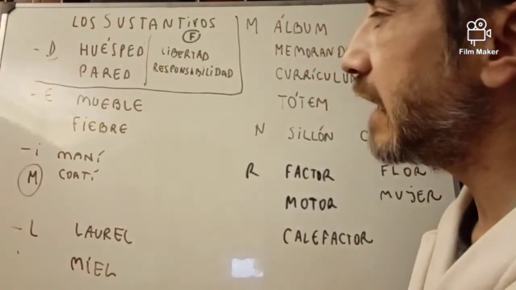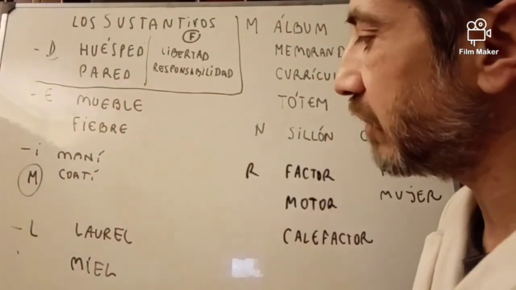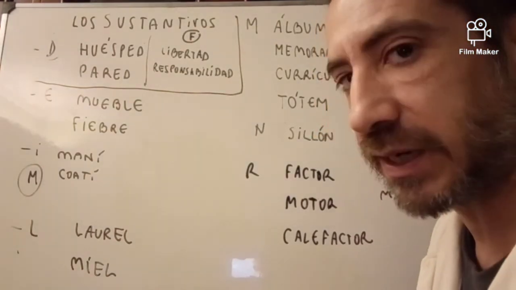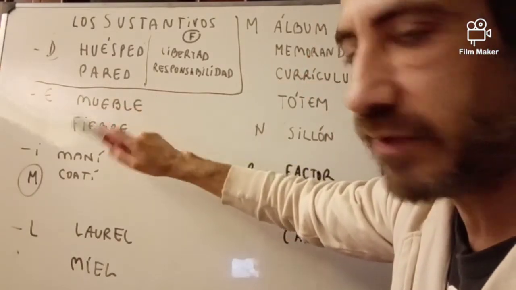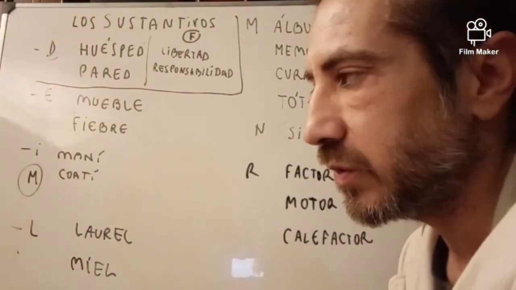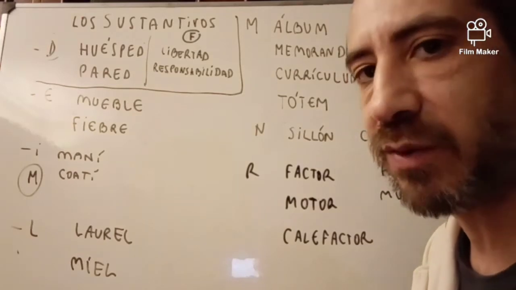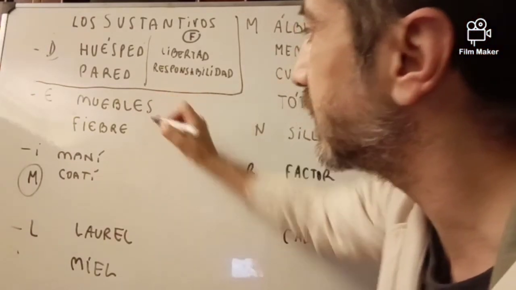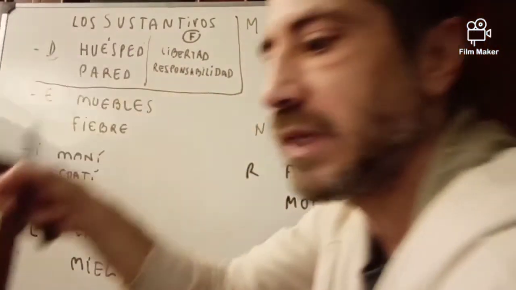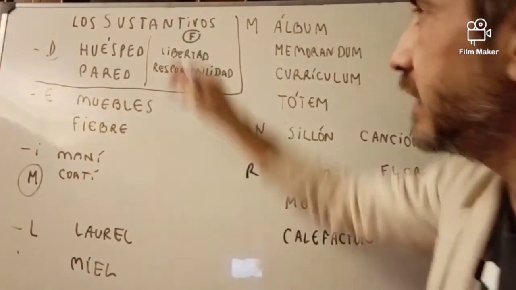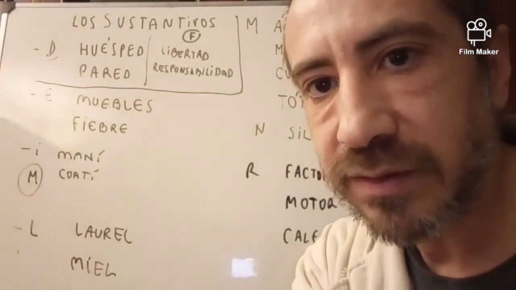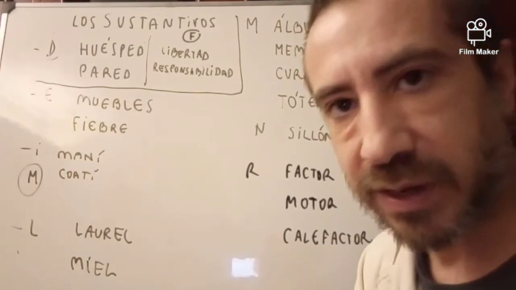With e, I put two examples so as to show you the masculine noun and the feminine noun. El mueble, furniture. I know that in English it's uncountable. In Spanish it's not. We say un mueble, dos muebles, tres muebles, cuatro muebles. For example, a chair is un mueble. This that is behind is another mueble. The table that I'm knocking on is another mueble, etc.